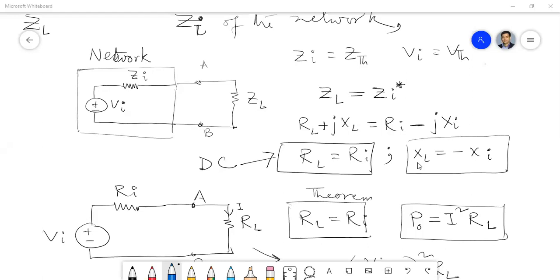XL equals omega L and XC equals 1 by omega C. So we have to equate the impedance, correct. That is the thing you have to remember. Their formulas are different, their expressions are different. XL equals omega L or 2 pi f L, and XC equals 1 by omega C or 1 by 2 pi f C. So that you should remember. Therefore, we can't say the values should be the same.